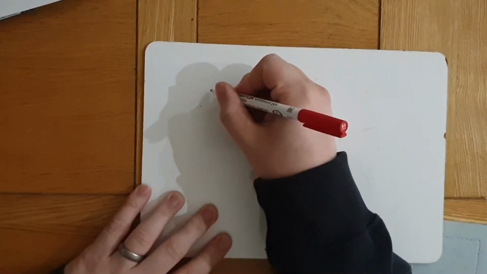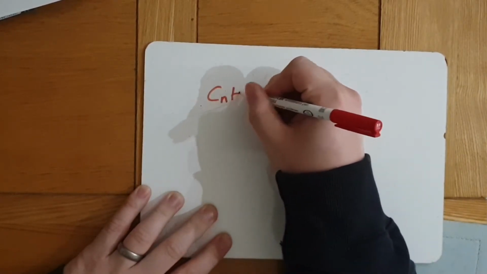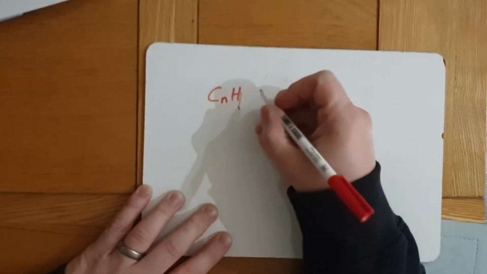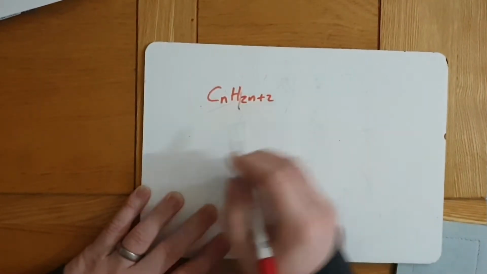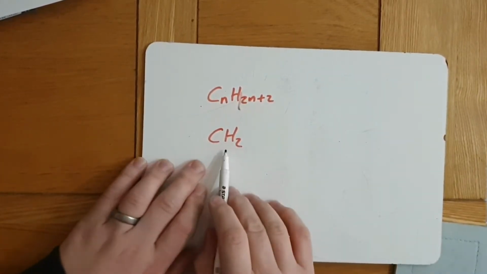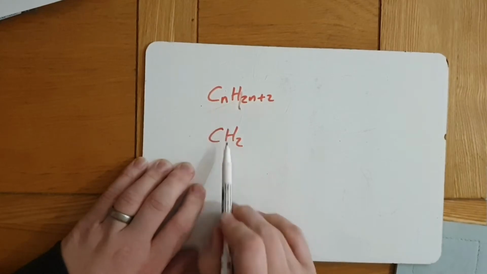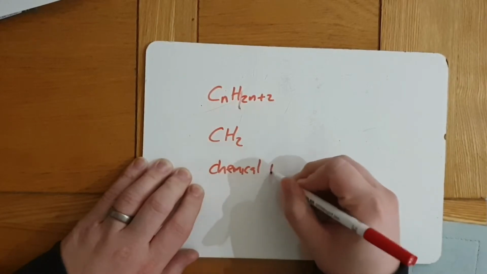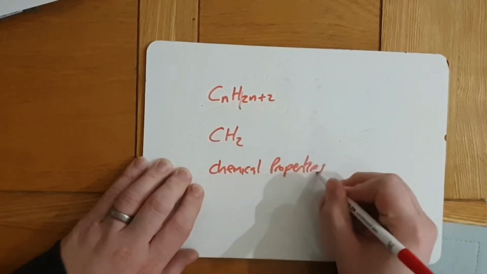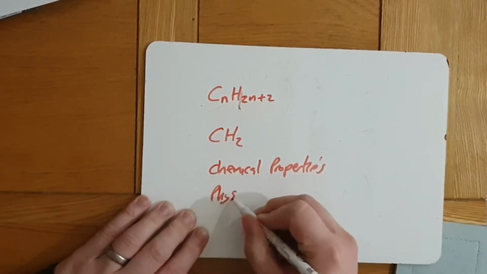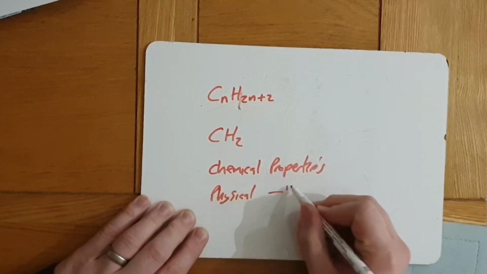If you want a quick recap about what a homologous series is, they have the same general formula. So if you remember, alkanes were all CnH2n+2, and they gradually get longer because you're adding in CH2 each time, so they differ from their neighbours by CH2. So same general formula, getting gradually longer. They have the same or very similar chemical properties. They all do the same reactions, and they have very similar physical properties, and the physical properties change as you